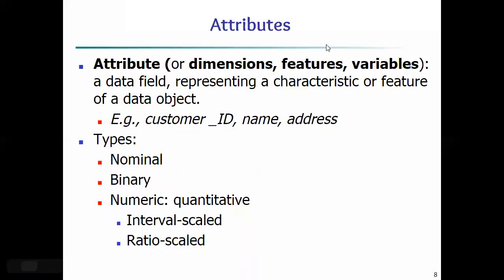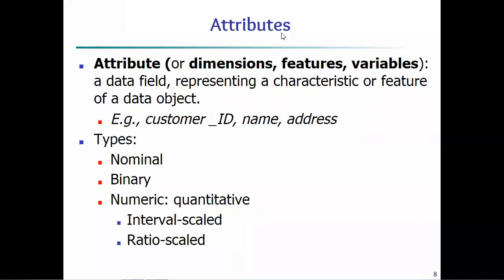Now attributes in data mining, just concentrate. What is an attribute called? In data mining the attribute is also called dimensions, features and variables. These are synonyms of the attribute keyword. In data mining the word attribute is not used often; it should be in terms of dimensions, features and variables.